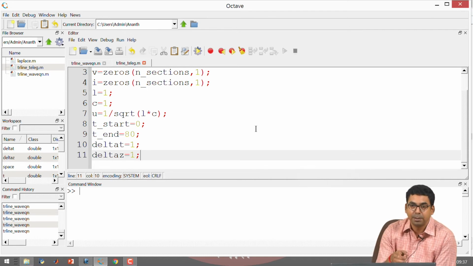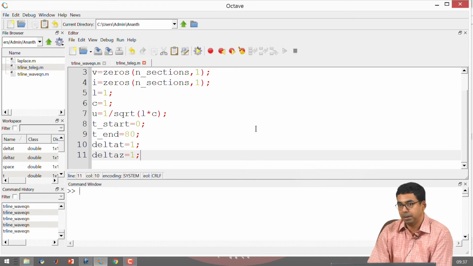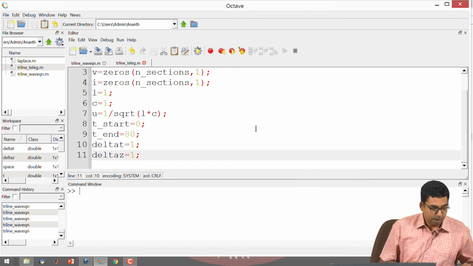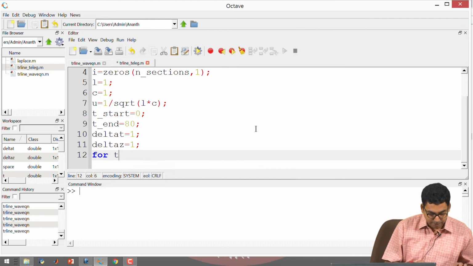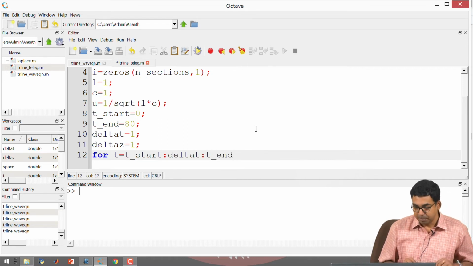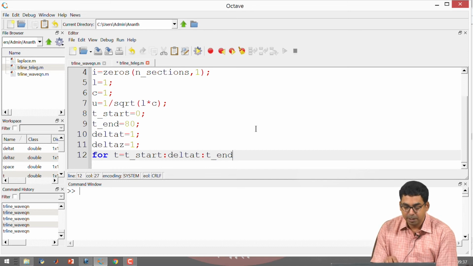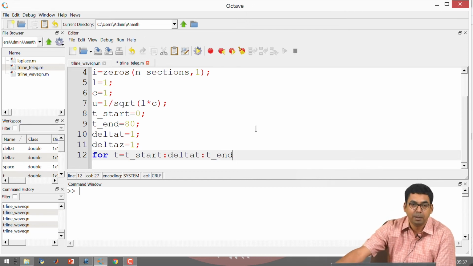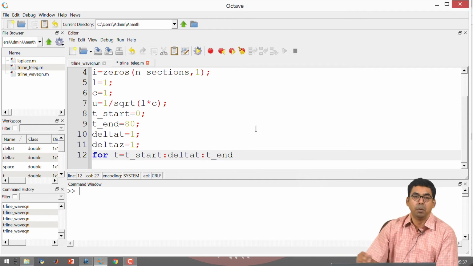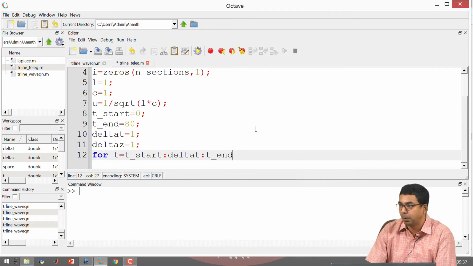Then we will have to compare what is happening here with the wave equation and try to see what more we can get from here. In order to do this, you will need a loop in time, for t is equal to t start colon delta t colon t end. So, I am being a little bit more precise. Previously, I did not use t start colon delta t colon t end. I said that in the case of octave, if you do not give the middle argument, it will keep incrementing by 1. Here it is the same, but I am just being more precise because we are making progress in the way we are coding.